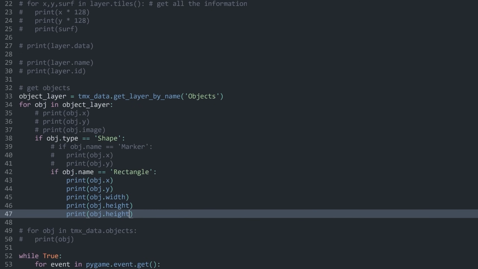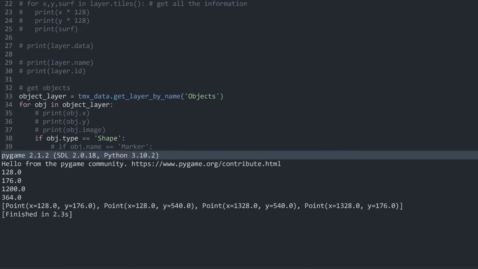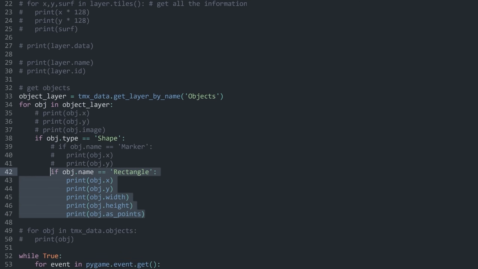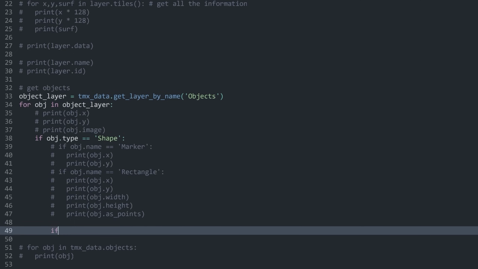Although you could also use obj.as_points and run this. And this one would return all of the corner points of this rectangle, which I guess could also be fairly useful, although using those 4 bits of information is probably more useful. Now, besides that, let me comment out this one here. We could look at if